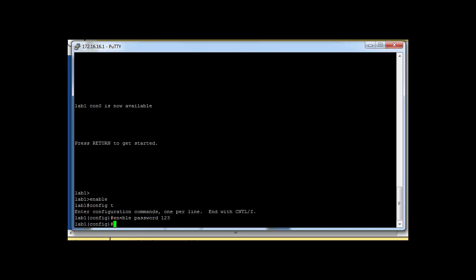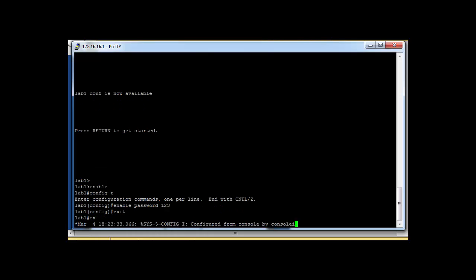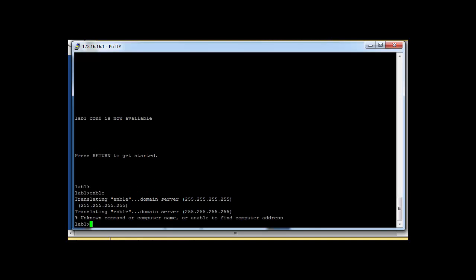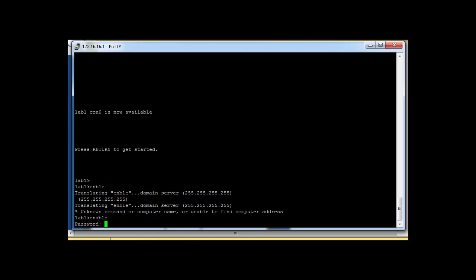Let's check. Then say exit, and one more time exit. Now type enable, it will prompt you for a password, then give the password.